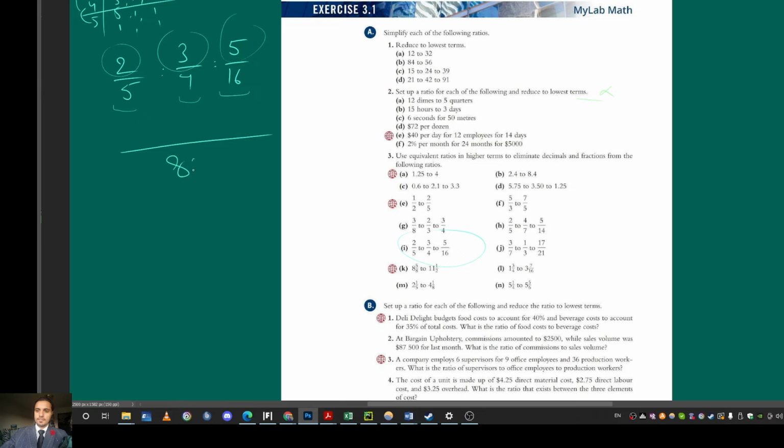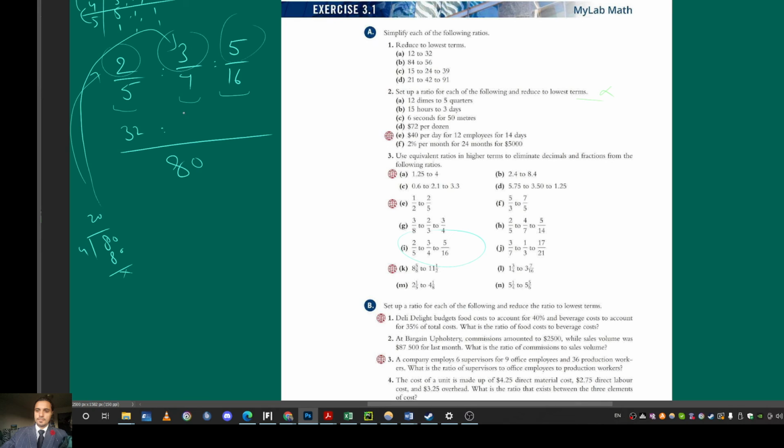So 80 is the least common multiple, because 5 goes in 80, 4 goes in 80, and 16 goes in 80, right? So how many times does 5 go in 80? Well, it goes 16 times, right? This 16, I can multiply with this 2, so 16 times 2 is 32, right? Now, same with 4. How many times does 4 go in 80? 20 times, right? 4 goes 20 times in 80. So this 20 gets multiplied by this 3. So 20 times 3